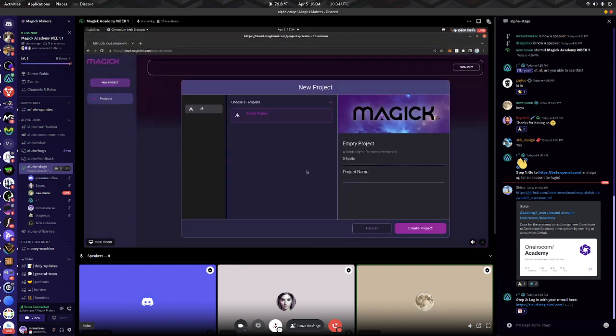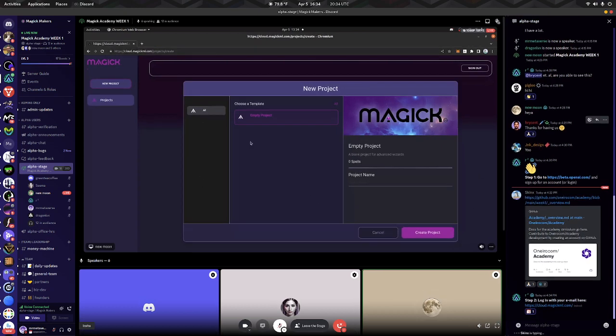You probably don't have a project yet, and you probably see something like this. This is fine. This is our project template view. We are adding a whole bunch of different project templates that you'll be able to start from, which will save a lot of time. But for now, we have one empty project template, and that is what we'll be starting with.